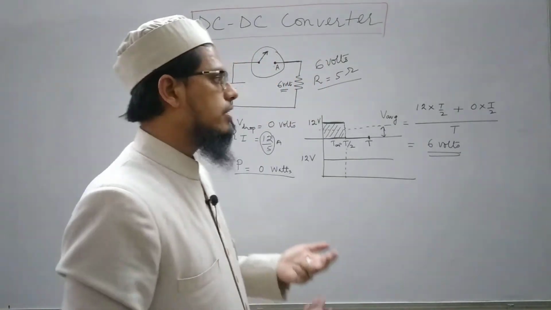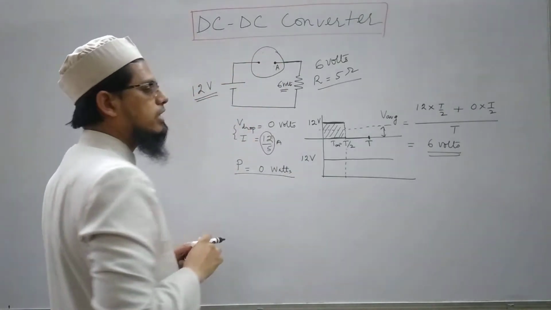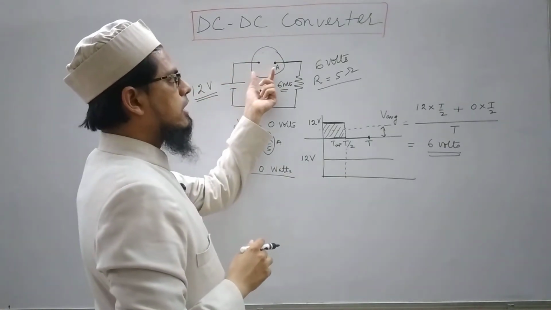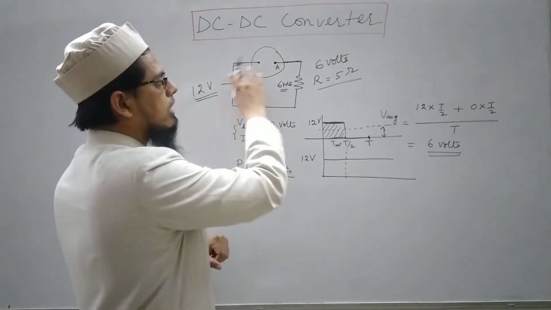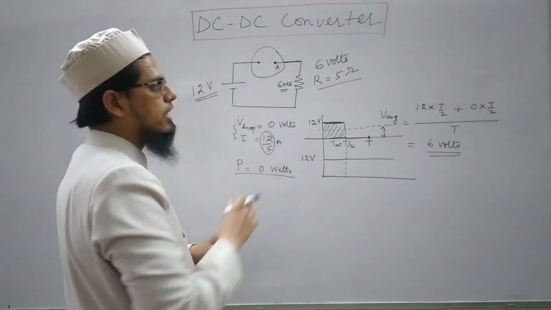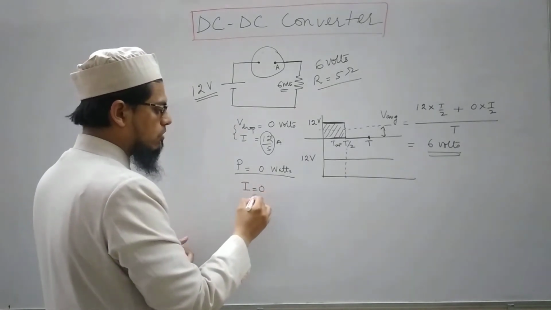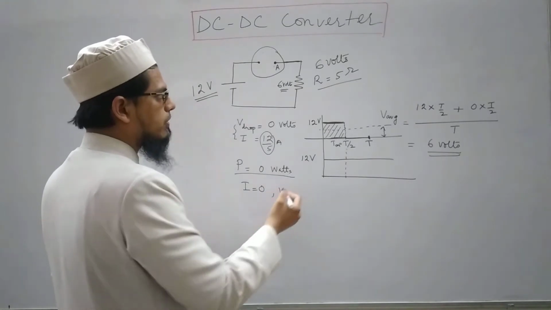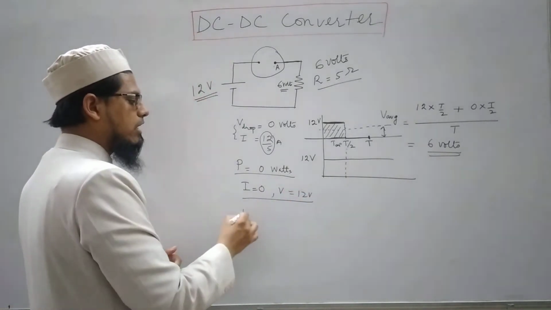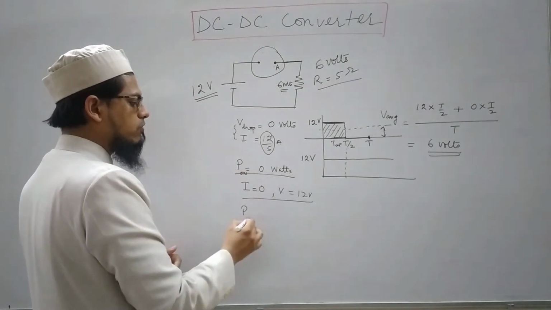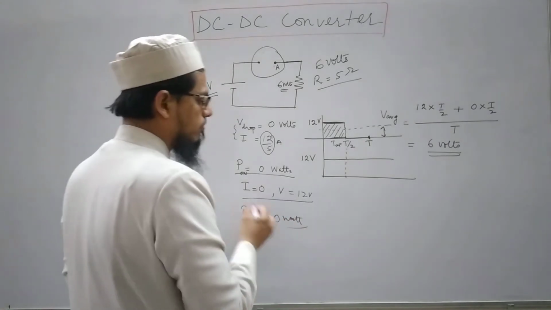Similarly, when the switch is off, that means there is an open circuit across the switch, across these two terminals, and no current would be flowing through this circuit. In this case also the current would be 0, and whatever be the voltage, voltage would basically be 12 volts, and the product of the two finally will give you, this is for on and this is for off, so off power is also 0.